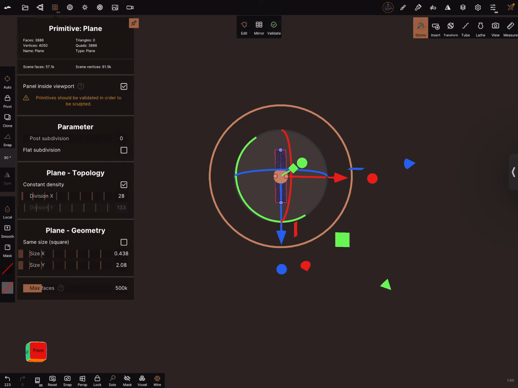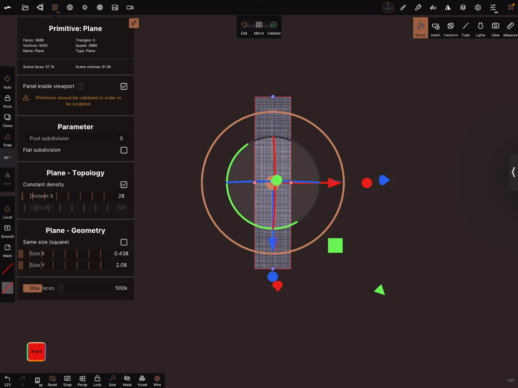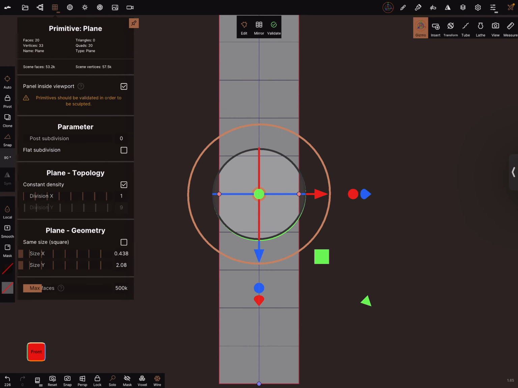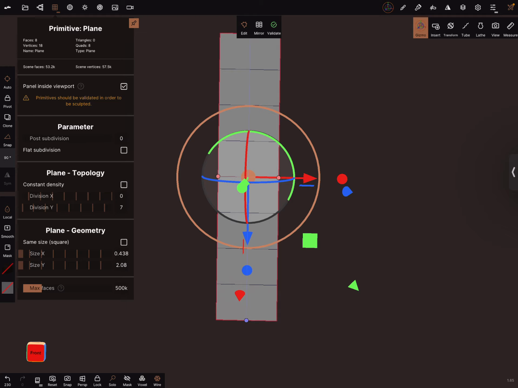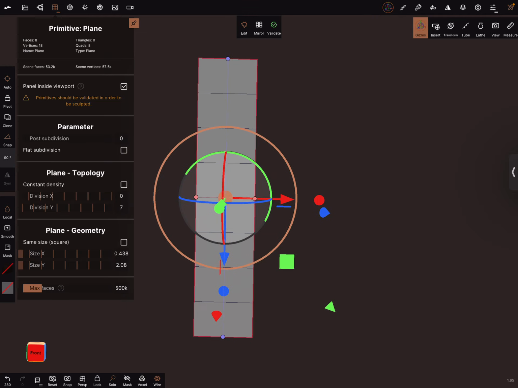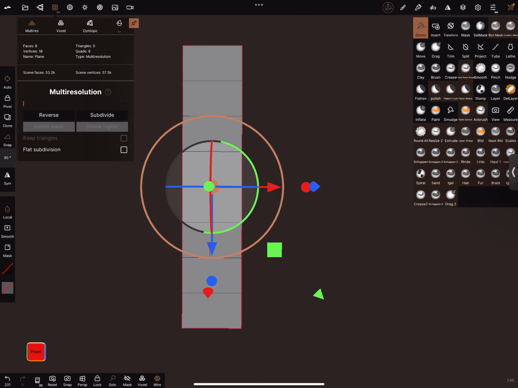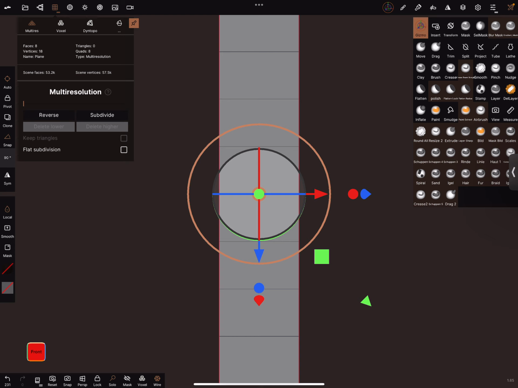We can go in the solo view and reset the view, and we can change the division. And I think this is okay. We can validate the object. Front view.